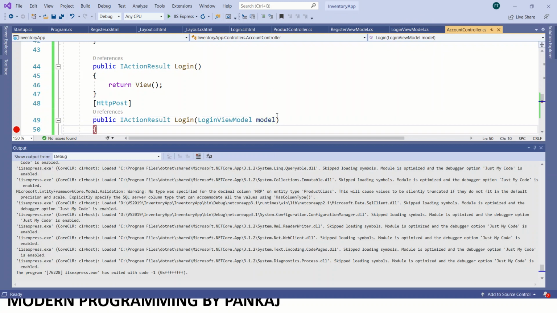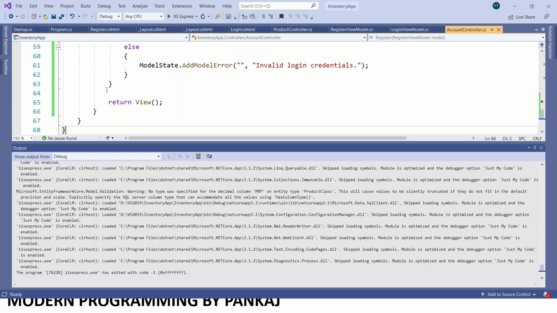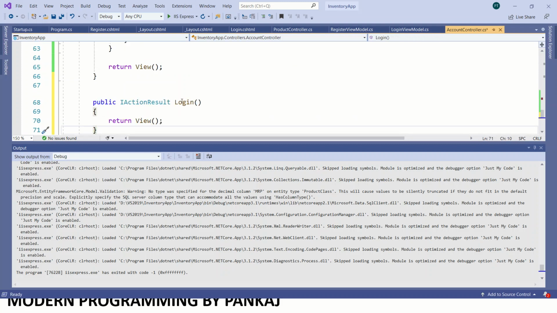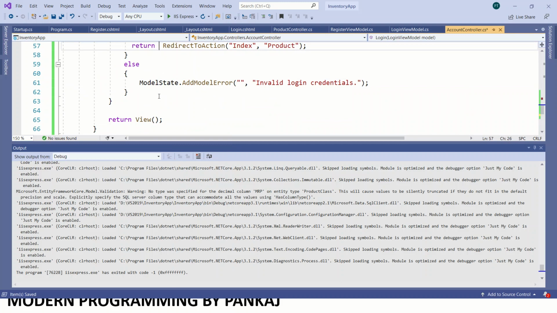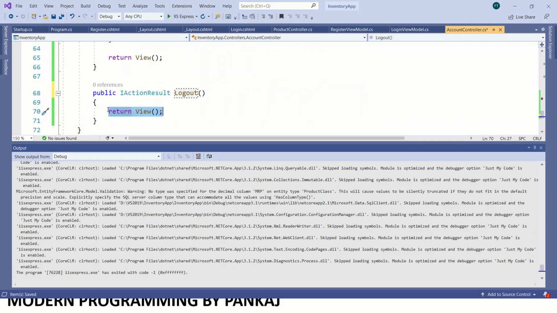For time being, what I am going to do, and we need to set this layout.